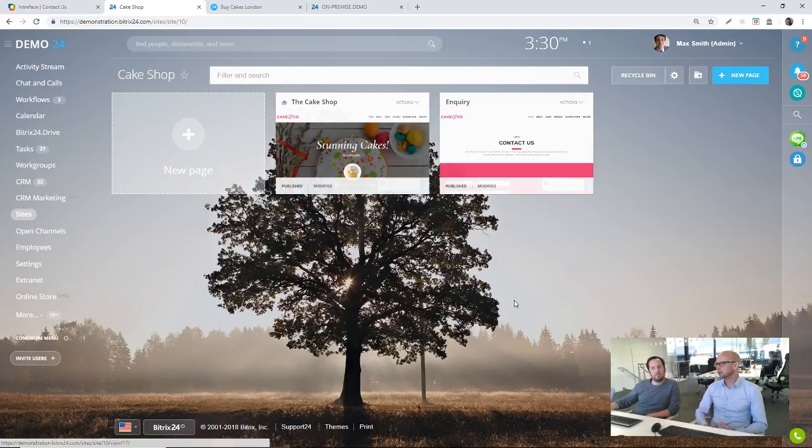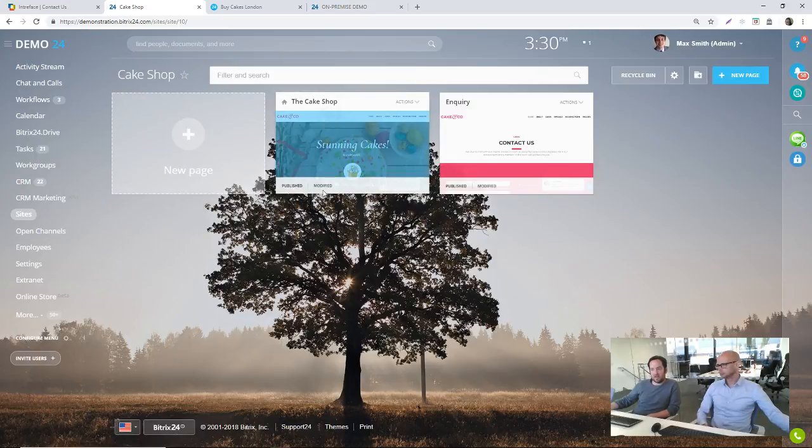So this would depend on the package you have, isn't it? I think so. I think on the free package you can create one site. Yes, you can create one site, but you can have multiple pages within that site. Okay. So this is an example of one site, and all you would need to do for the